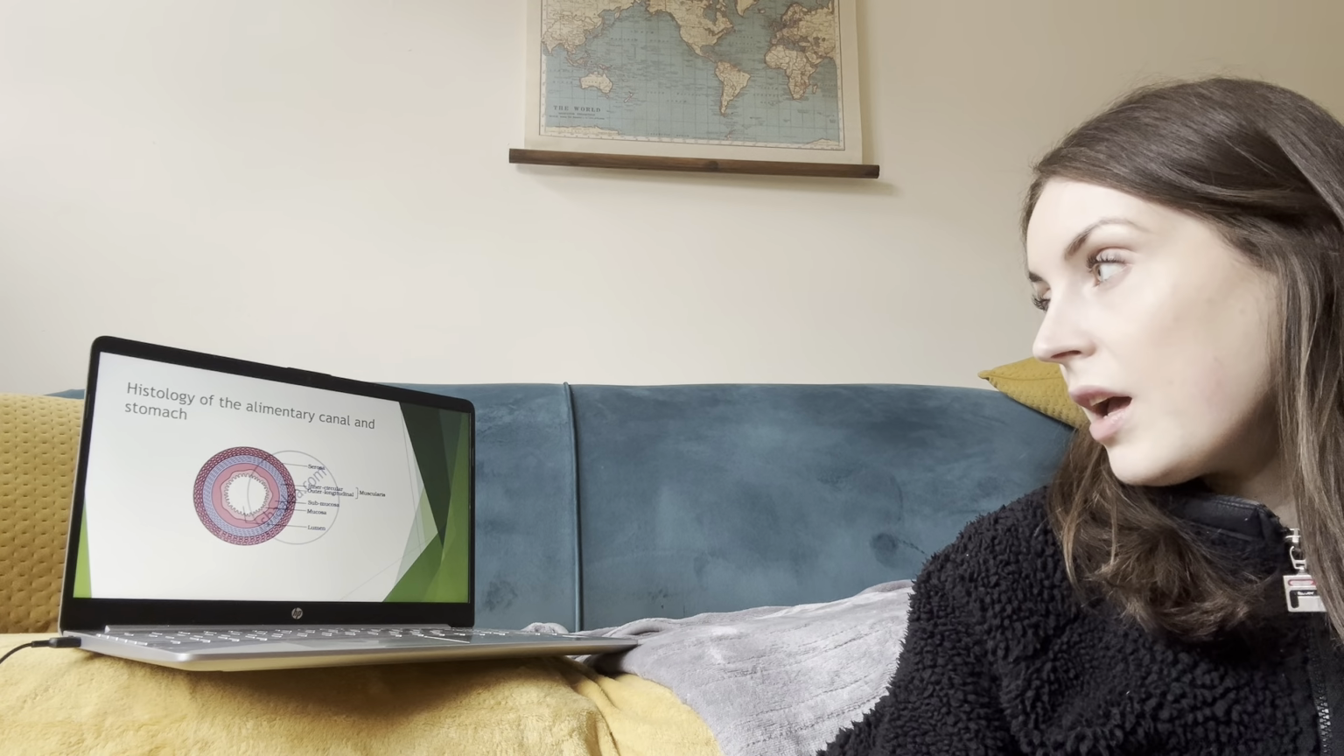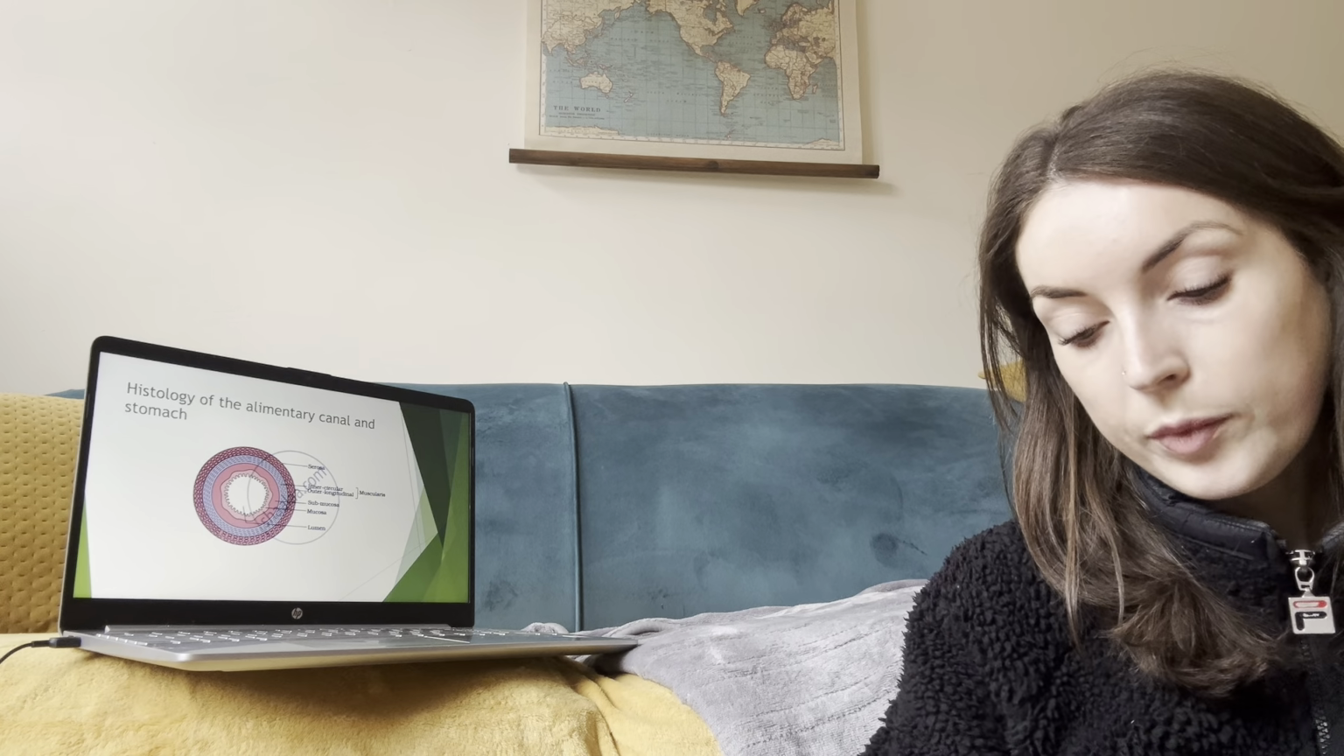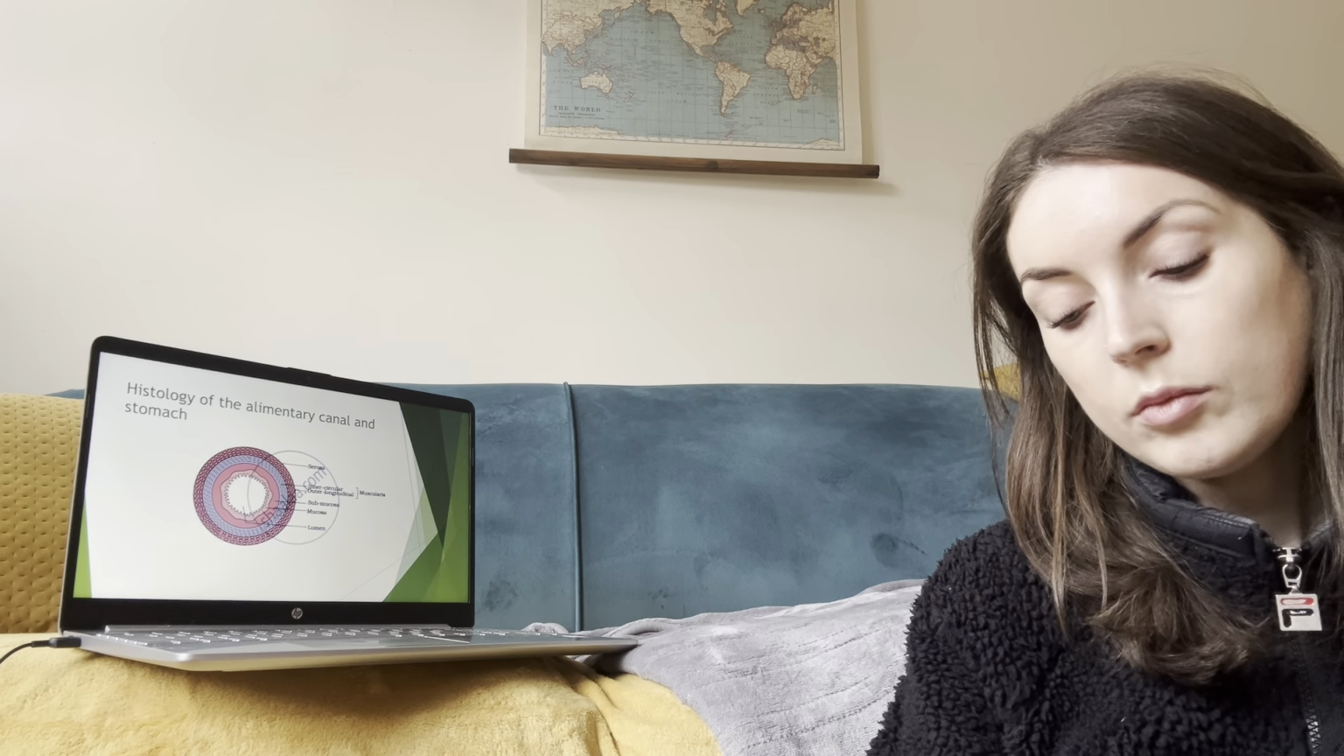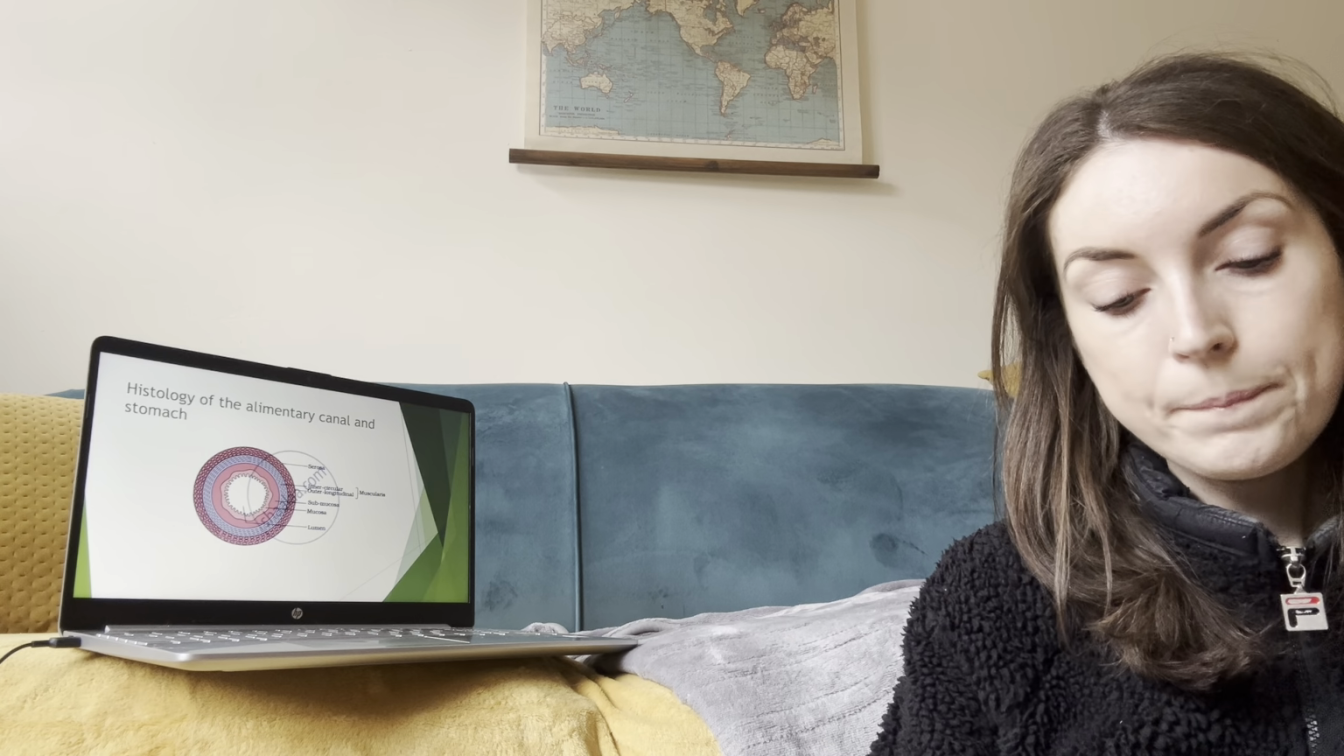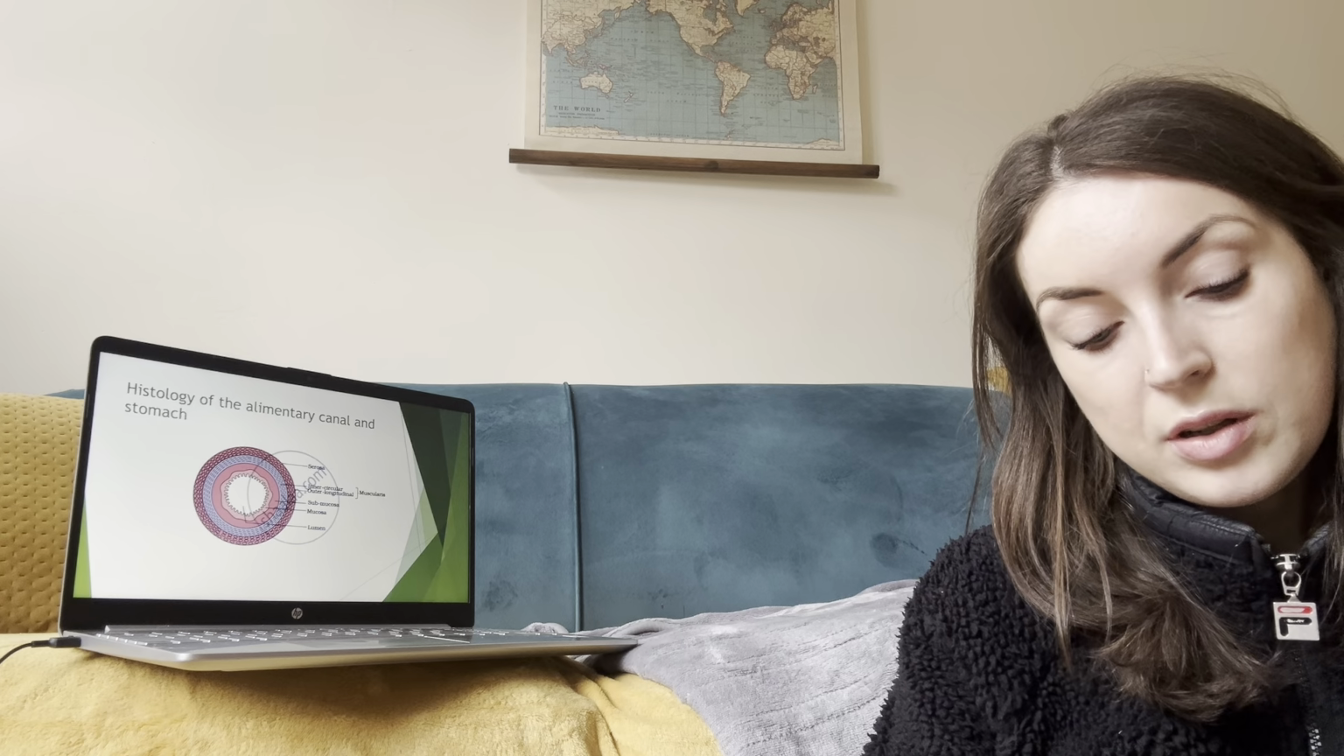The histology of the alimentary canal and the stomach. The alimentary canal is the tube, called the GI tract or the digestive tract, that goes from the mouth to the anus. All the things that I've discussed in this presentation, mechanical digestion, chemical digestion, absorption and diffusion, are all